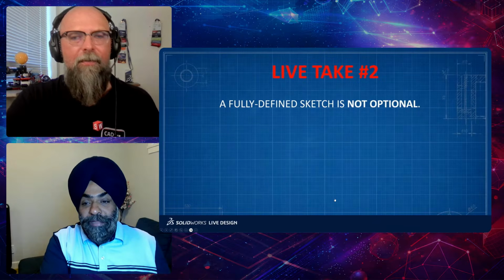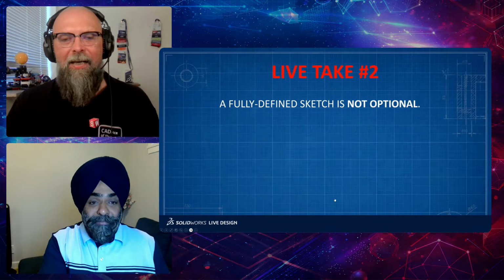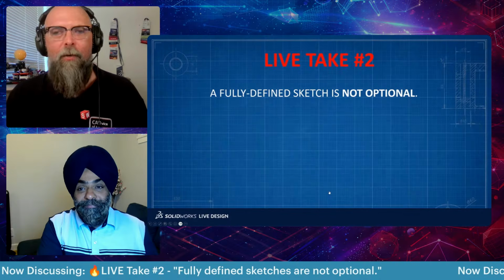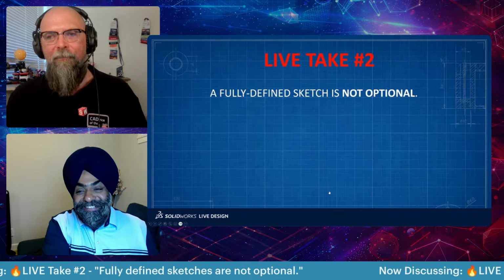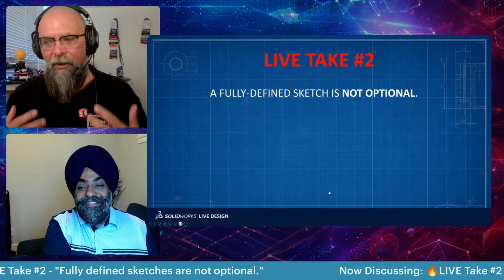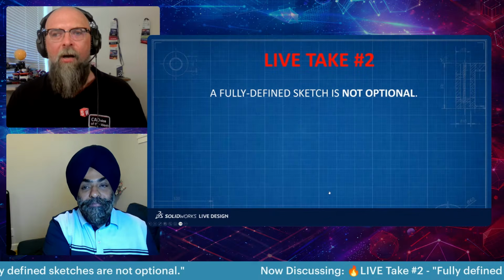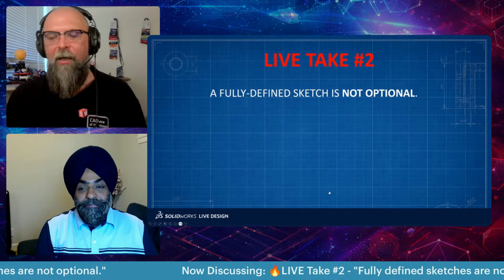So I believe fully defined sketches are not optional. I don't even think I have to explain why, but I can try. A bit of background on me: I work a lot in support for SolidWorks users, and when you have done that, you learn to really enjoy the fully defined sketch, no doubt. But